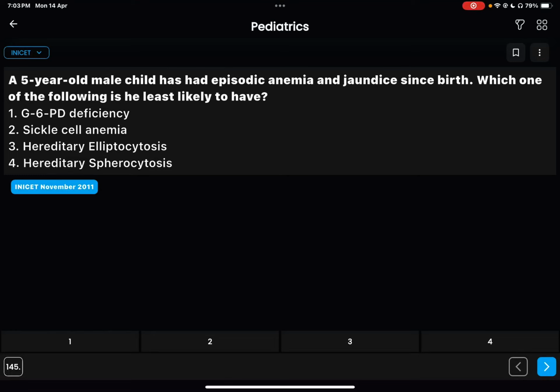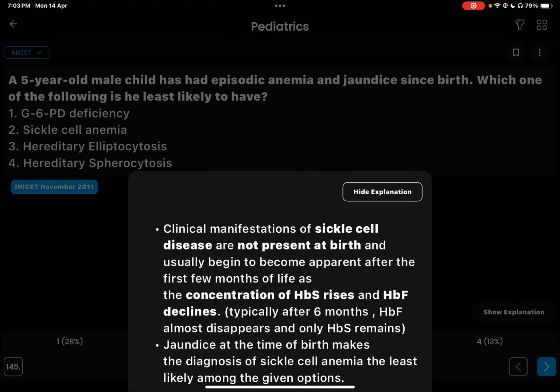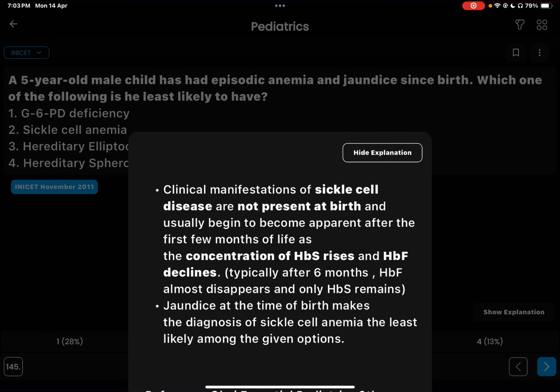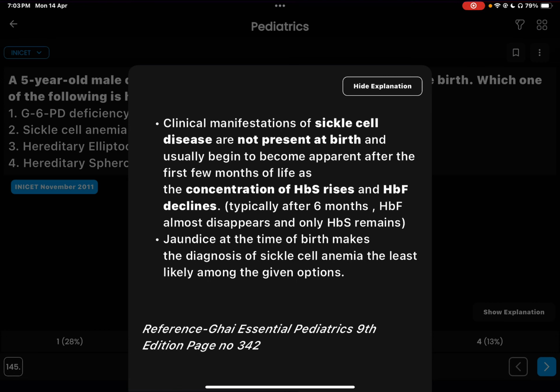Male child has episodic anemia and jaundice since birth. Which one of the following is the least likely cause? Sickle cell anemia is the answer. Why? Clinical manifestations of sickle cell disease are not present at birth and usually begin to become apparent after